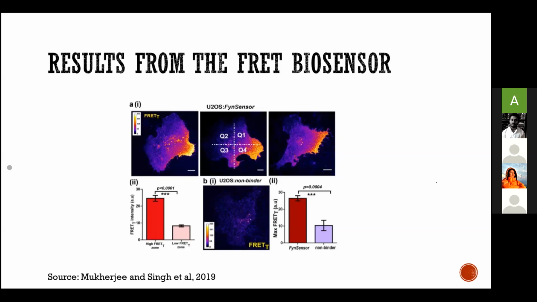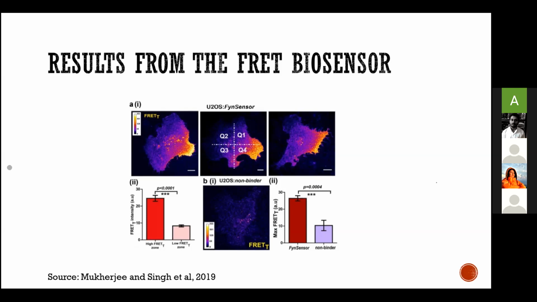Okay, that is a very nice question. That takes quite a few months. So basically, if we break it down step by step, my job was transfecting these cells with the fyn kinase sensor. I had the biosensor and I had a mutant of the biosensor. Making the mutant biosensor took me 6 months.